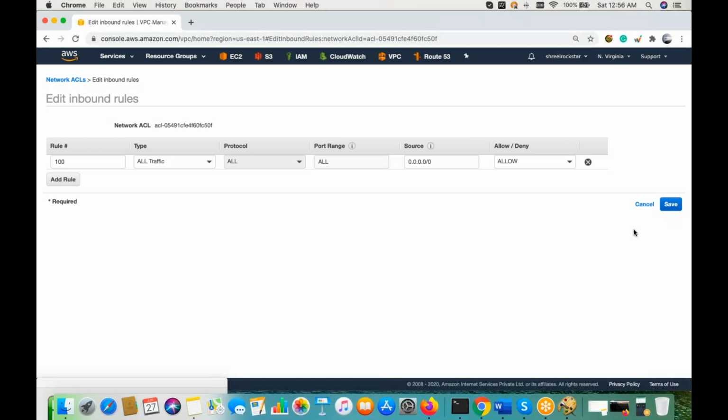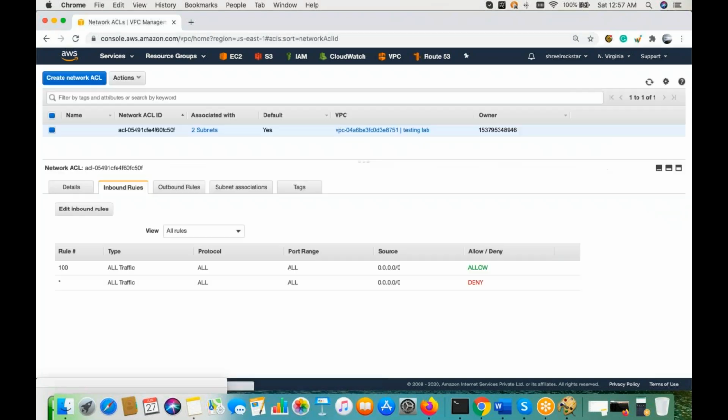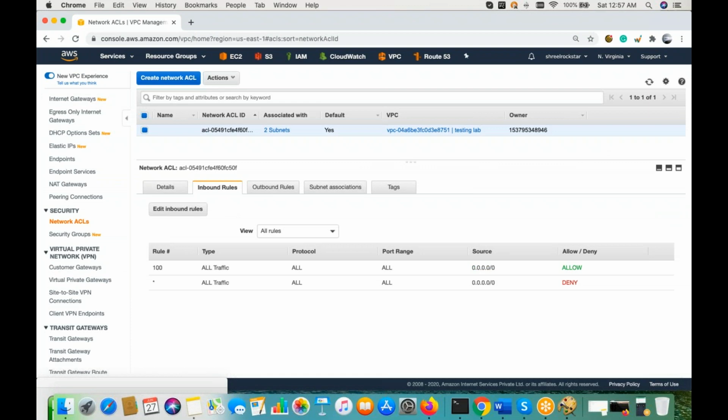So use NACL only when you actually have the requirement, else you can manage the things with the security group as well. You can manage the restriction from a security group too. But if you really want to restrict something, exclude something, then you can manage it from here, right? So NACL allows things at the subnet level, right? If you allow or deny something here, that is going to be applied on each VPC or each subnet.